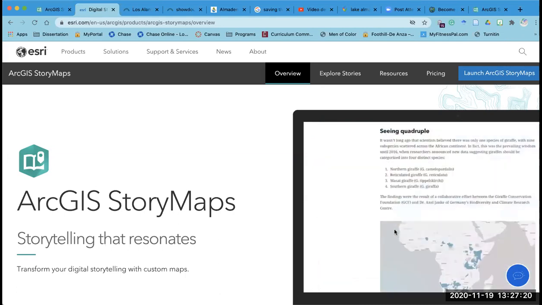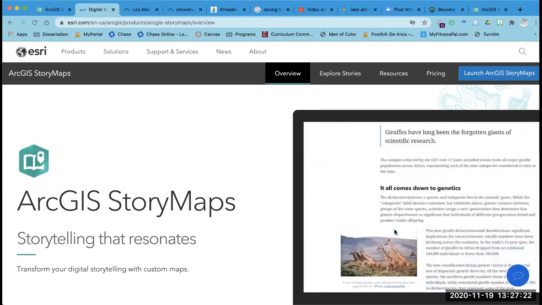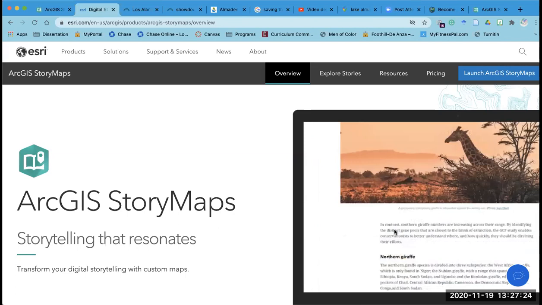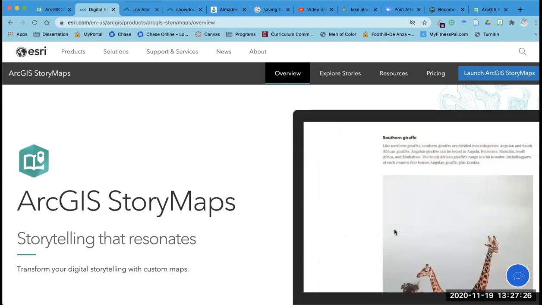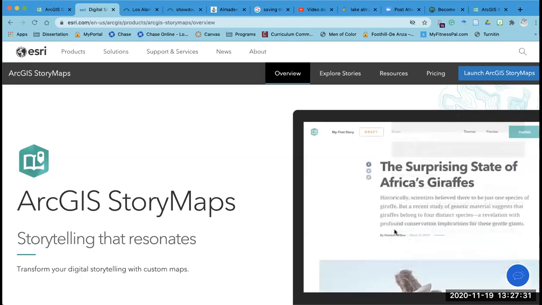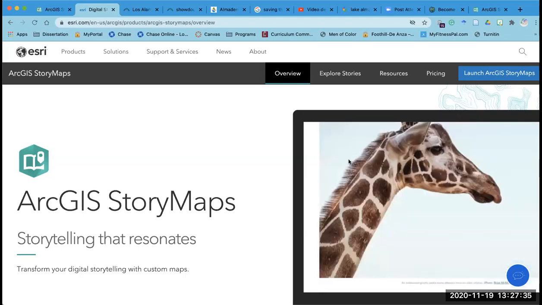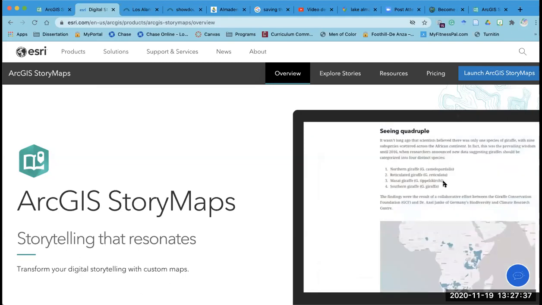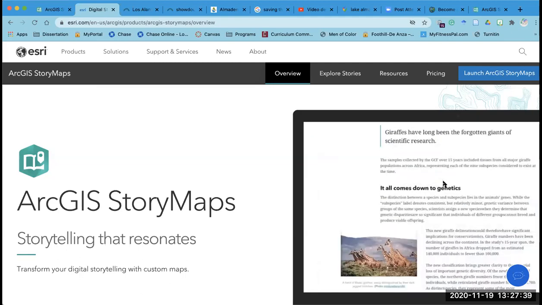At the end of this, I will show you the login page for students and I believe faculty to get access to an account so that you can access the ArcGIS software so that you can do story maps if you'd like.